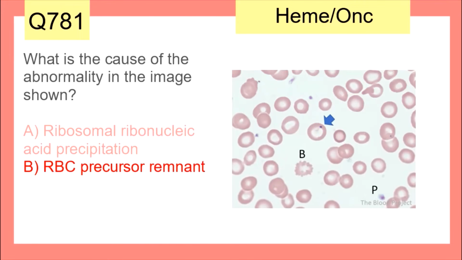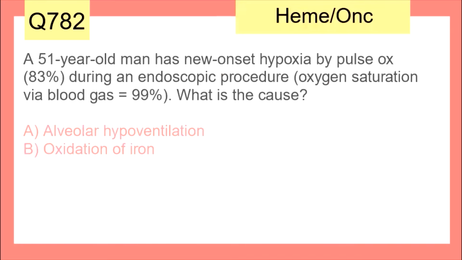So this is a red blood cell precursor remnant. We said the spleen is not eating it up. Howell-Jolly bodies. 782, a 51-year-old man has new onset hypoxia by pulse ox, 83%, but the O2 sat on blood